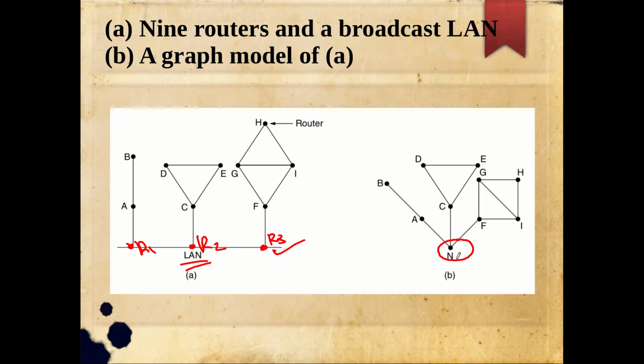Anyone can take the role of this N, and all these routers A, C and F are connected to this, so that the information being communicated will be simple. Now A will be referring to N, C, F, all of them are referring to N. So who will take the role of N? That is something the LAN can decide. Okay, so this is the way we deal with a broadcast link like a classical Ethernet link. This makes the process simpler.